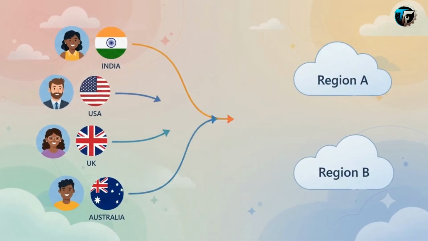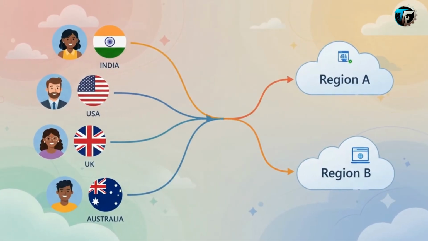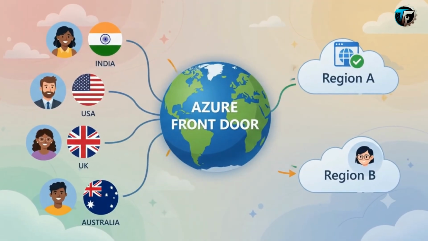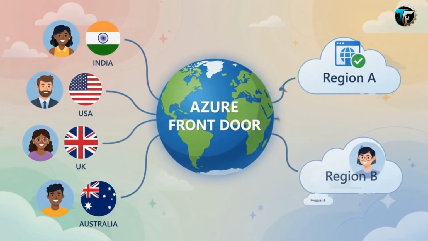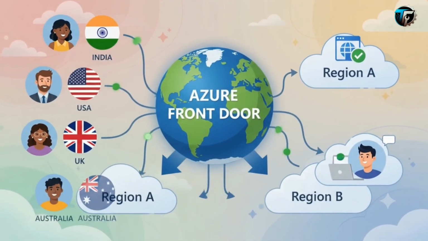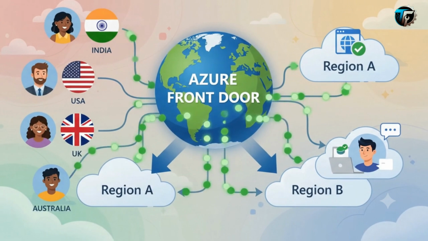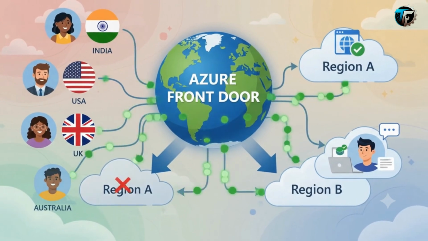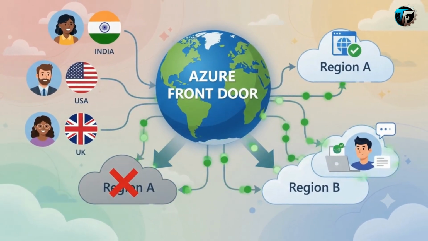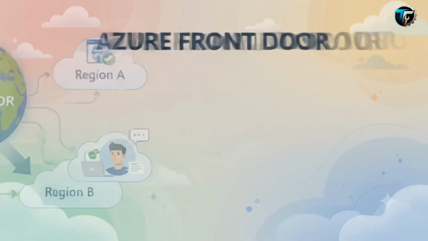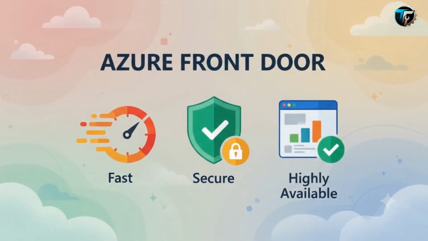Imagine your application has customers in India, America, Europe, and Australia. Your application is running in multiple Azure regions. Now comes the architecture question. Which region should each customer connect to? And what happens if one region becomes unhealthy? Today we are going to understand Azure Front Door, a global entry point that can help us build fast, secure,